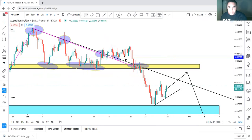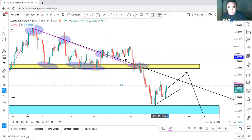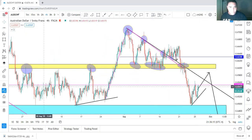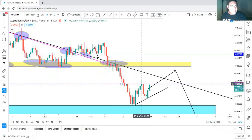Right now, I'm not prepared to enter. I won't play that. I don't see this resistance area here. Just wait for more confirmation. Support resistance in the past, and that's why price stopped there. So as we break it down